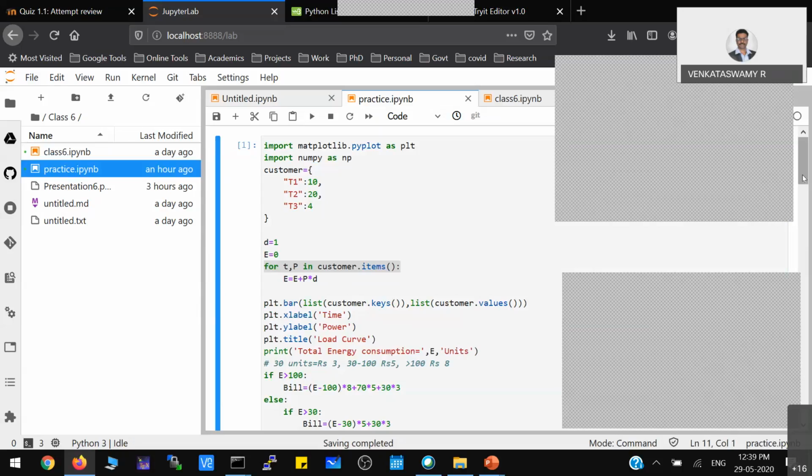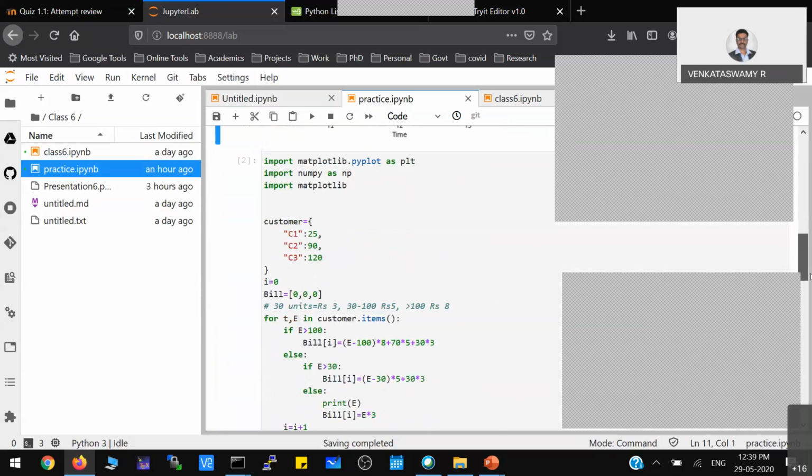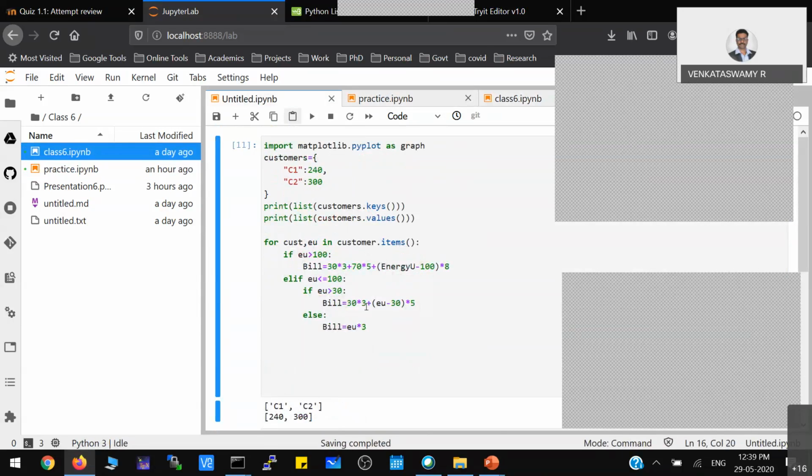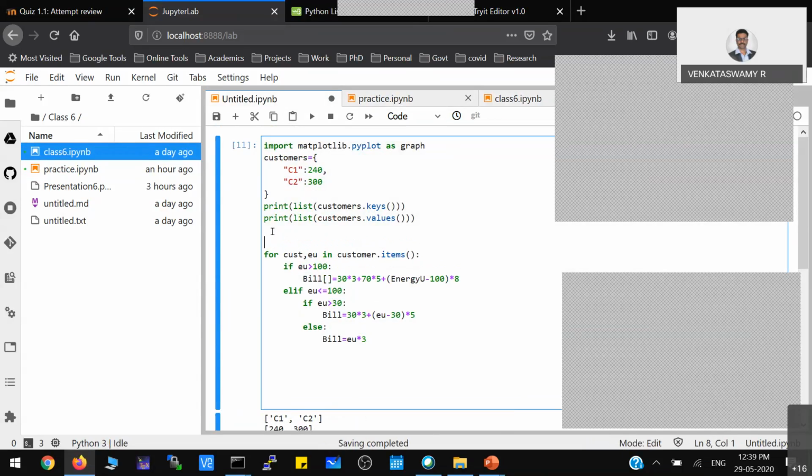To accommodate that, you just have to give an index for that particular bill, like how you do in C, C++ or any other programming language. Similarly, you just have to give the index for that particular bill. So I am defining i is equal to 0, and at every iteration inside the for loop, I am incrementing the